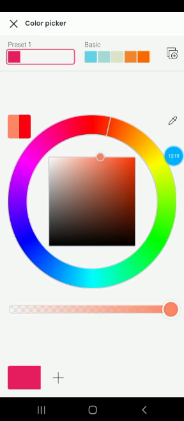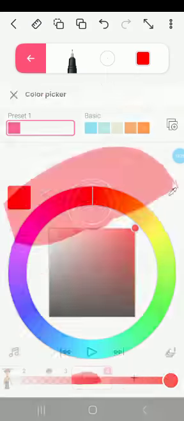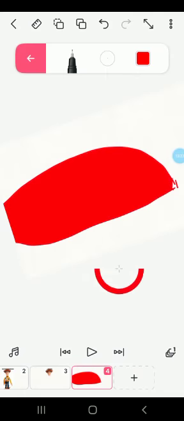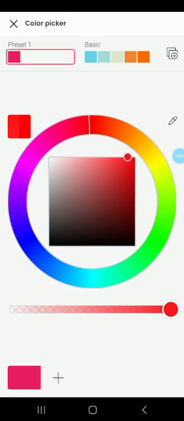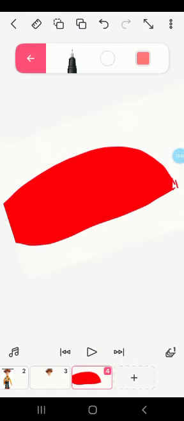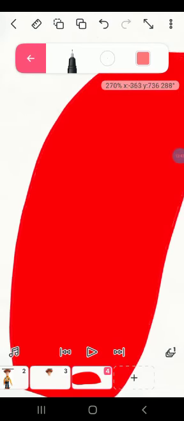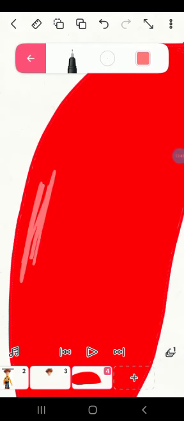This basically gives you the color, so you can find the color that you used before. Click it and then move this little circle around until you find the color that you want, and then let it go. And then you have selected your color. So as I said before, click your color but a bit lighter. So I'm gonna choose now pink, and just scribble it a bit. This is for a beam, by the